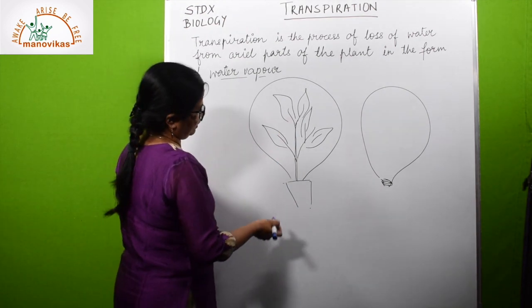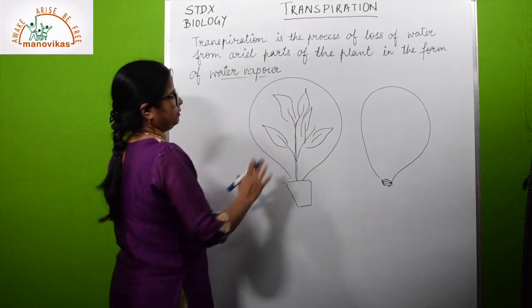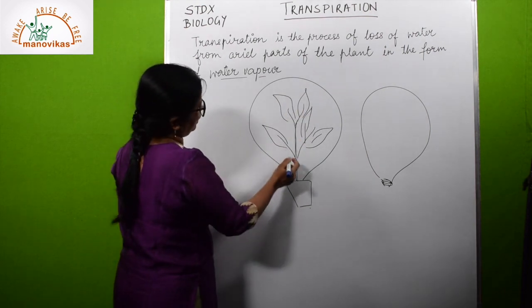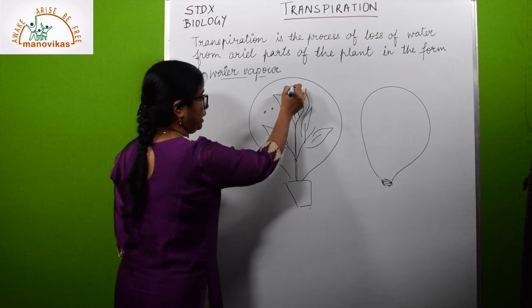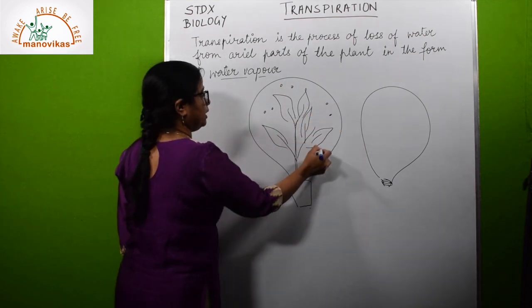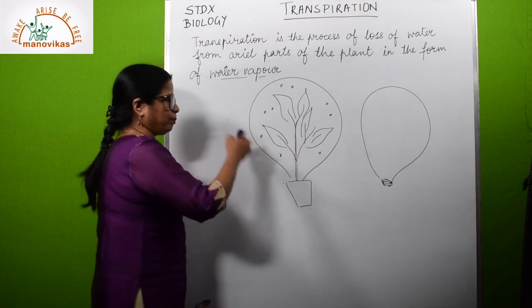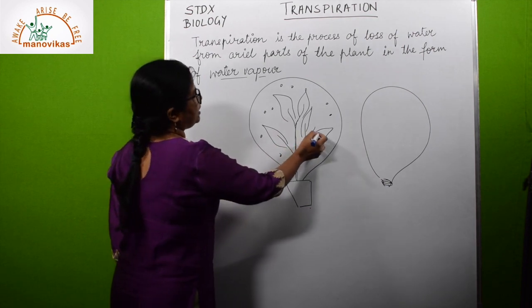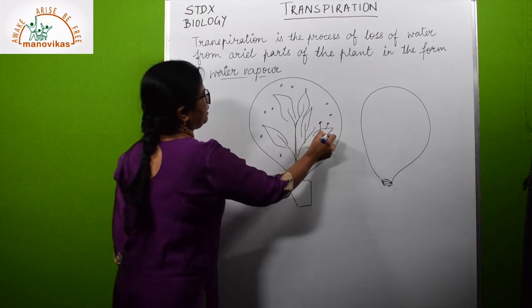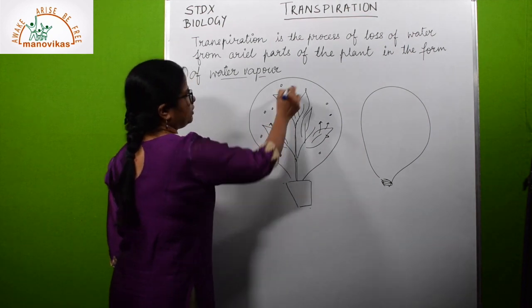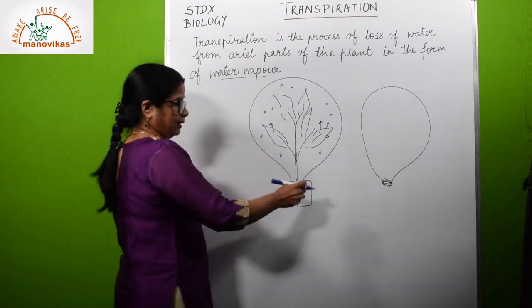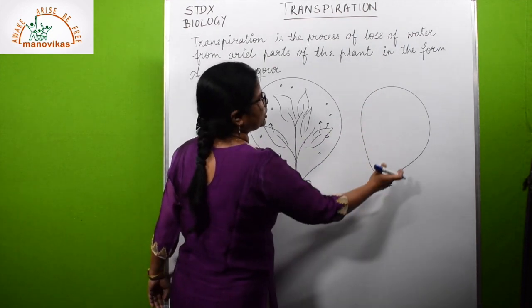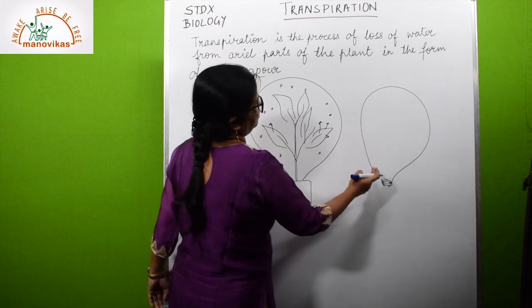Now here there's a potted plant, and after a while we leave it in sunlight outside. Then you will see after a while there will be droplets of water, especially if the temperature outside is cool. Inside the plastic bag there will be droplets of water. Now from where did these droplets of water come? They came from the leaf. They evaporated from the leaf, they diffused out of the leaf, and they collected in this plastic bag. At the same time, if you have just this plastic bag, no plant, then what will happen? There will be no change in the plastic bag. It will remain the same.